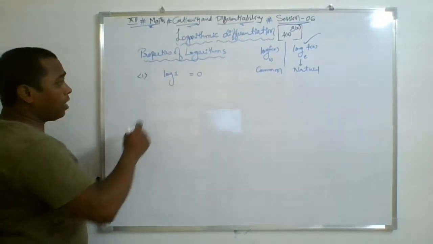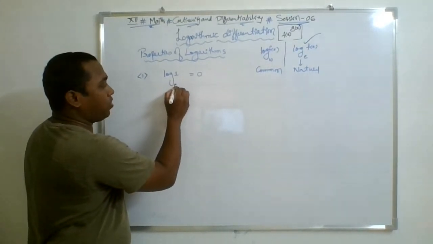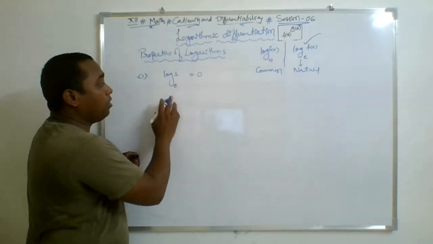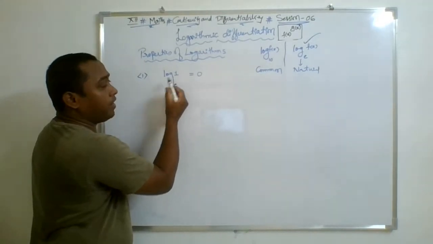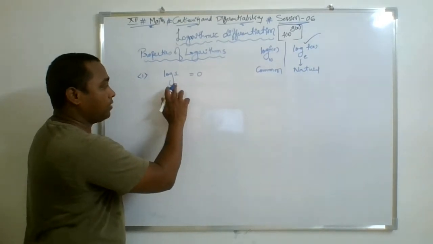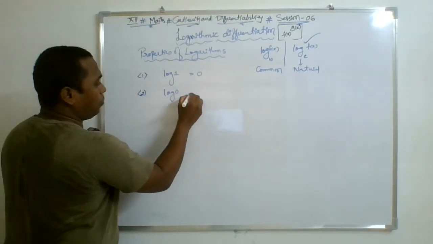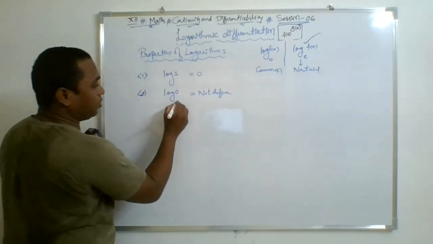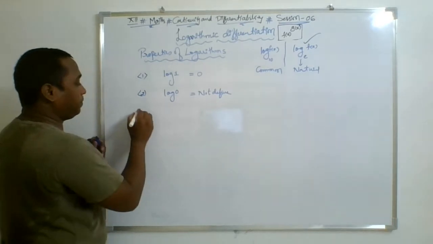Now, coming to the important properties. Now log 1 value, base e, whatever, if you write e or if you write 10, the answer would be 0 only. What is the power of e to be raised so that its value becomes 1? That is 0 only. Hence log 1 value is 0. And the second is log 0 is not defined for any base of the log. With 0, it's not defined.